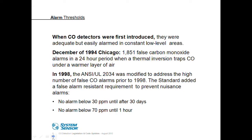This was due to a thermal weather inversion that trapped cold air under a layer of hot air, which prevented pollutants like automobile exhaust from escaping into the atmosphere. Of course, CO is one of the main byproducts found in car exhaust. The CO concentrations during this event were not dangerous, but they were high enough and long enough to cause CO alarms to activate. Needless to say, emergency first responders, UL, and the industry were very concerned about the false alarm activations